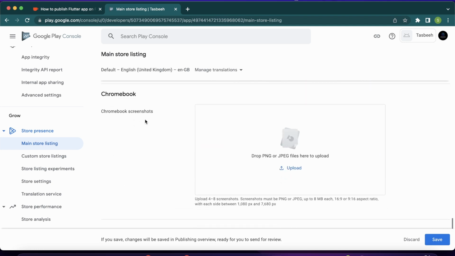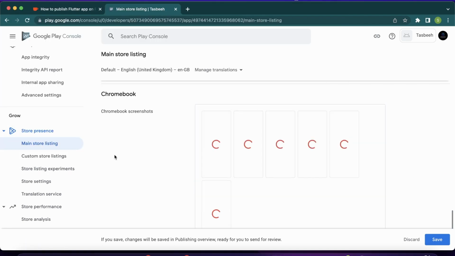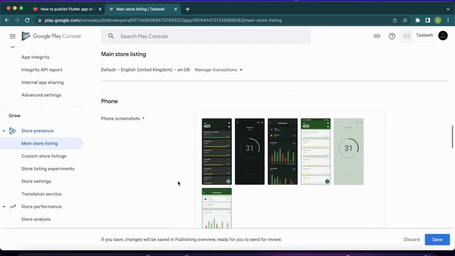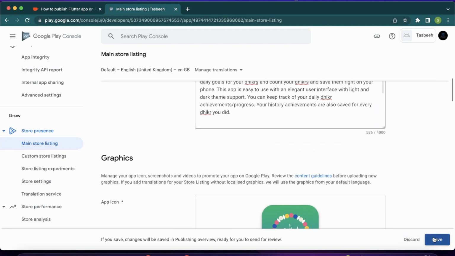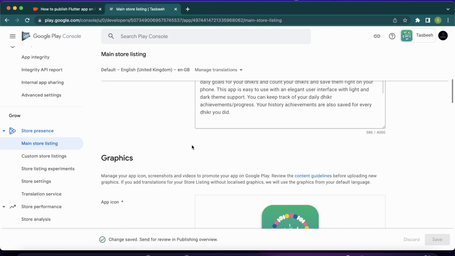I think we have one more probably. Yeah, Chromebook, and this is optional. You can add it if you want. If you don't want it, you can just skip it. I'll just add to this one as well. So I think we are good. Now everything is set up. We save it, and after we are done with it, we can